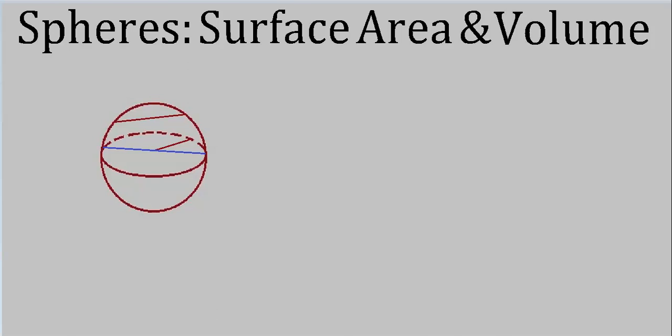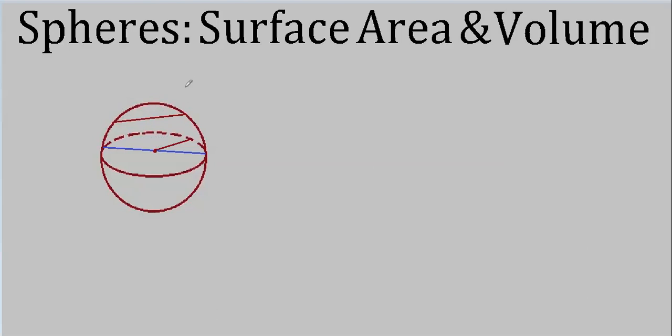Well, first, like everything else, before we can talk about spheres, I haven't even defined a sphere yet. Well, just like with a circle, where it's the set of all points equidistant from a given point in a plane, a sphere is just a three-dimensional analog of that. In other words, a sphere is all the points in three-dimensional space which are equidistant from a given point, and that point is called the center, and that's right there. Okay, now we know what a sphere is.